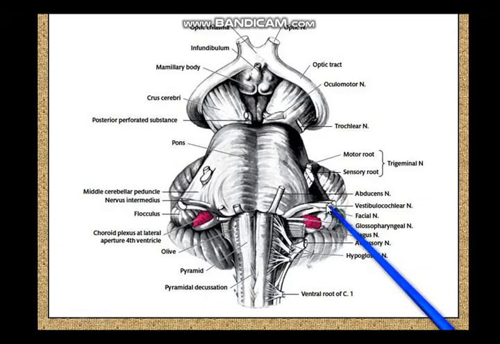That is why the sensory part of the facial nerve is also called nervus intermedius. So again, between the pyramid and the pons you have the abducens nerve. Between the olive and the pons you have the facial nerve, and between the inferior cerebellar peduncle but close to the facial nerve you have the vestibulocochlear nerve, facial nerve, sensory and motor root.